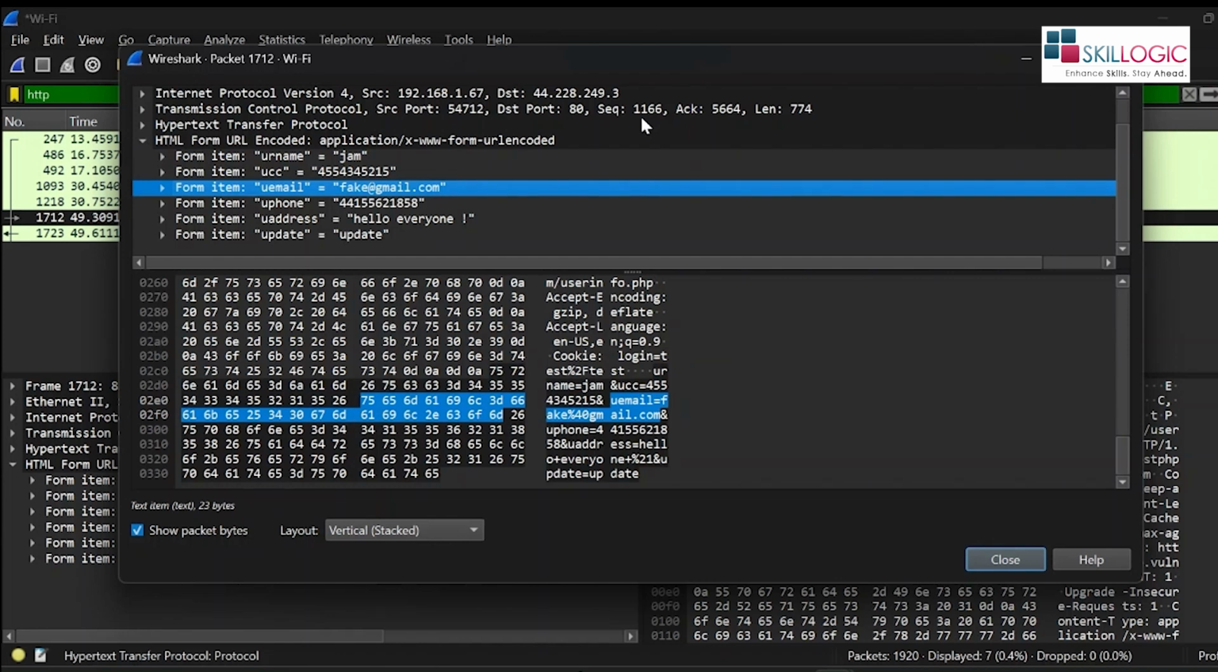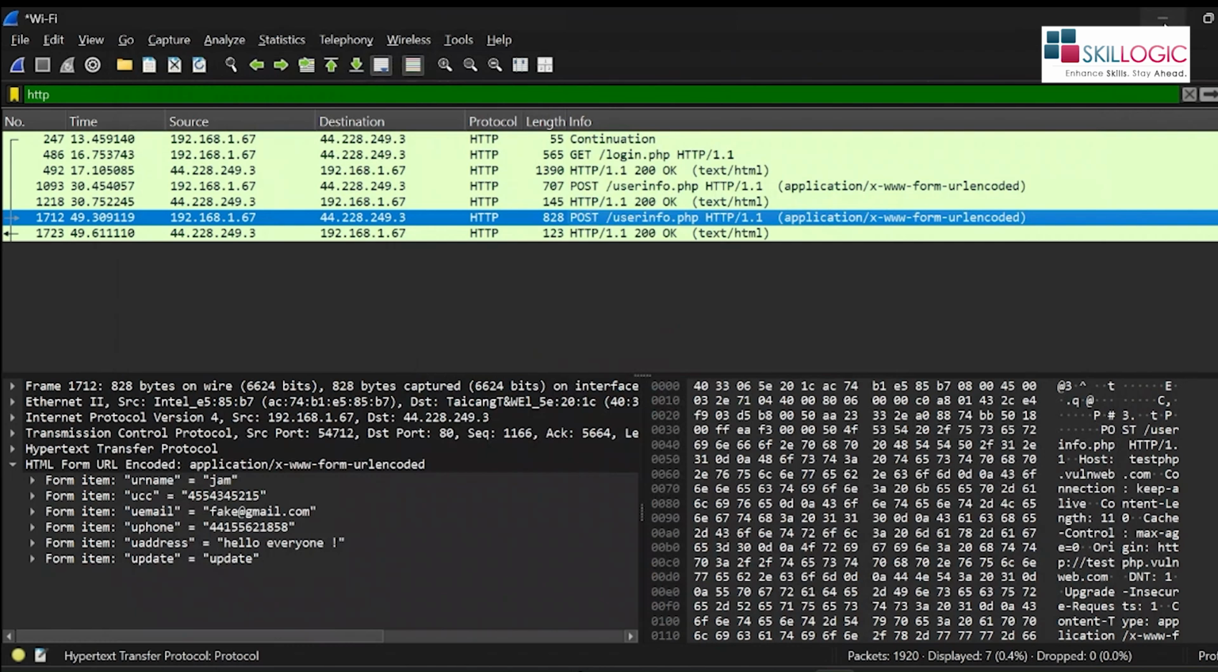Okay, openly the data transmission is happening. There is no encryption and decryption protocol implemented. Then let me explain how this encryption and decryption protocol works. See,